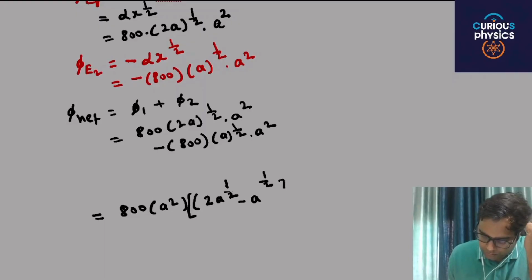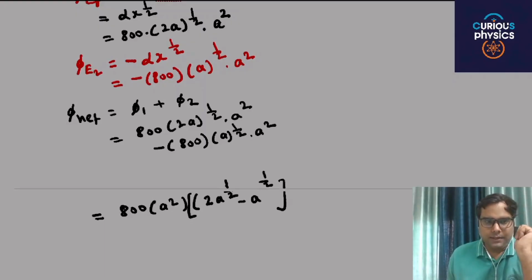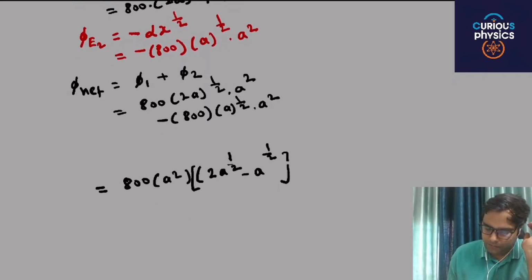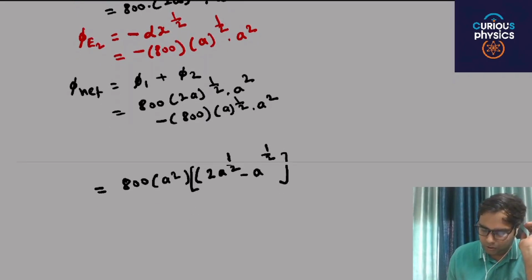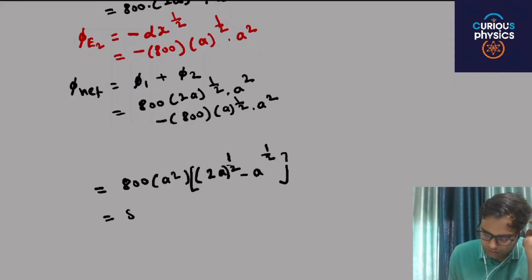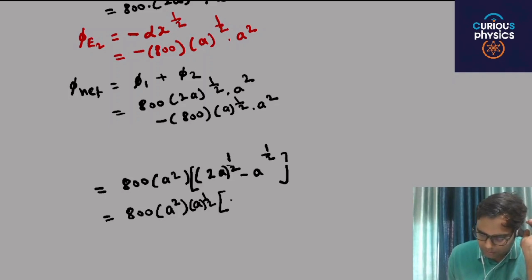This is basically the net electric flux. From here you can also take A raised to power 1 by 2 common, so 800 A square, A raised to power 1 by 2, and inside you get root 2 minus 1,